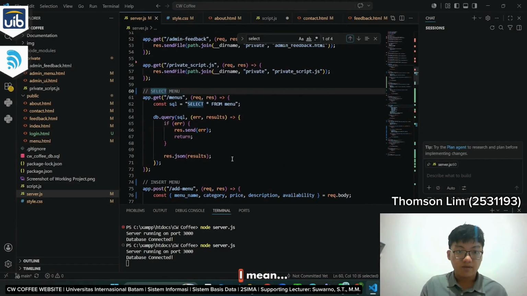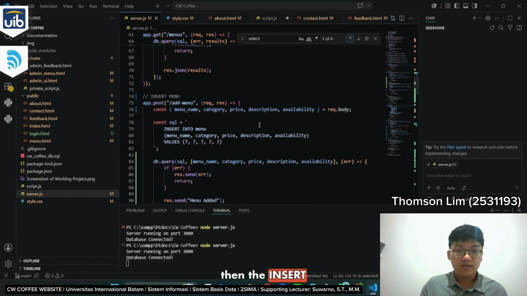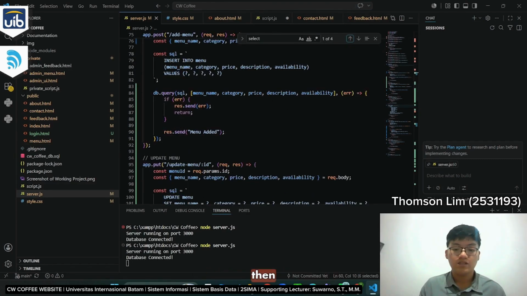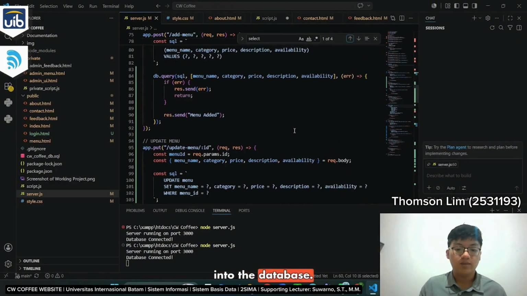Then the insert operation is used when new information needs to be stored. For example, when a customer submits feedback, the feedback data is sent to the server and then inserted into the database. It works similarly for administrators, where they can add new menus